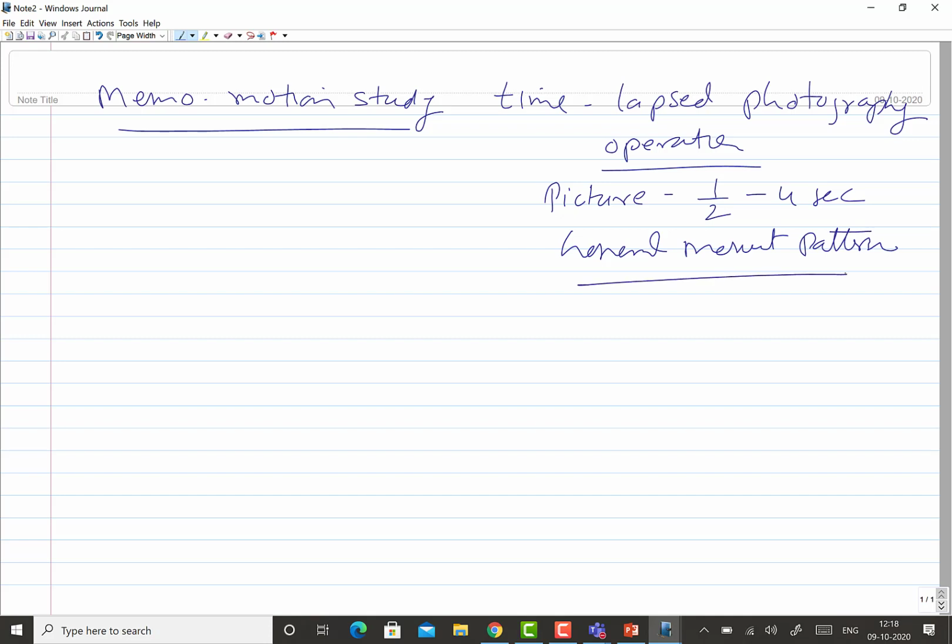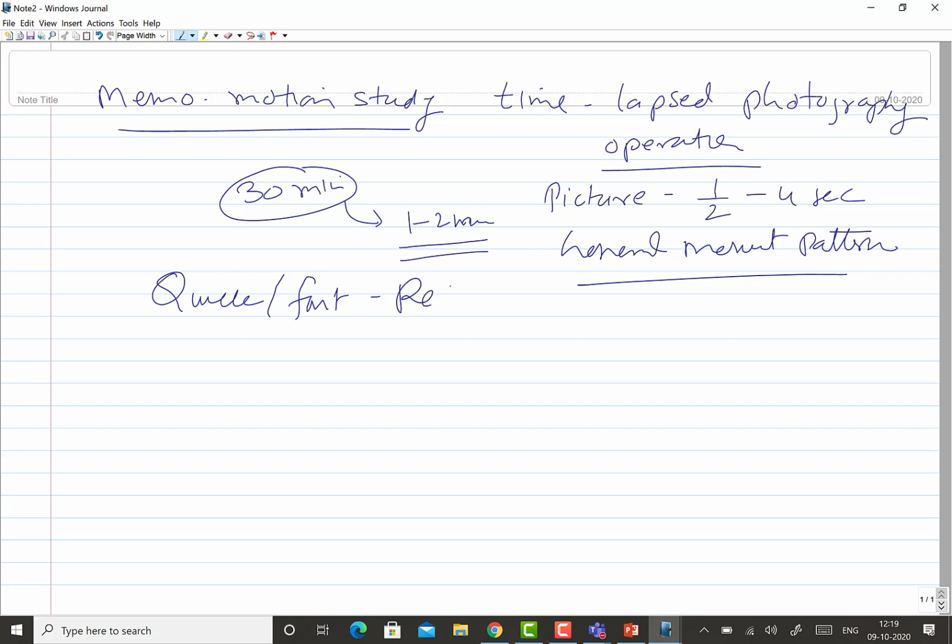Whenever this kind of study, the memo motion study, is performed, a study of an operation of 30 minutes can be captured in say 1 to 2 minutes of filming. So for analyzing a 30-minute job, you need to see the film of 1 to 2 minutes only. So it is quick and fast,